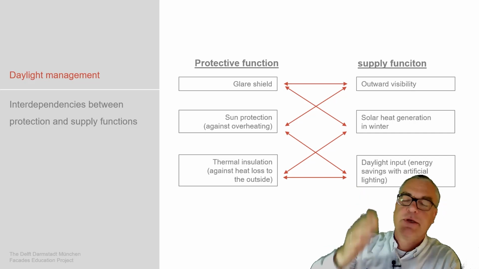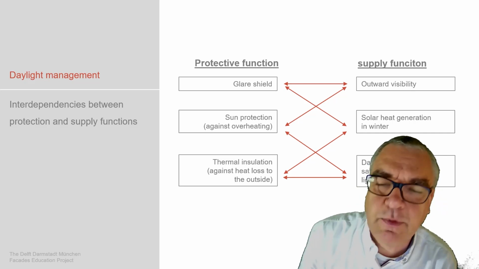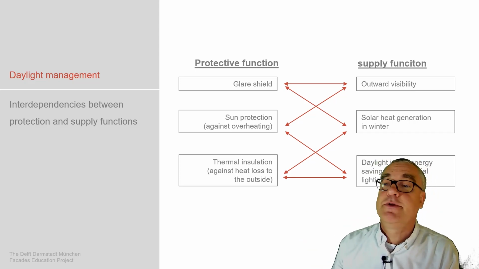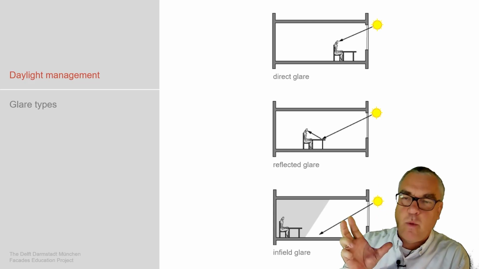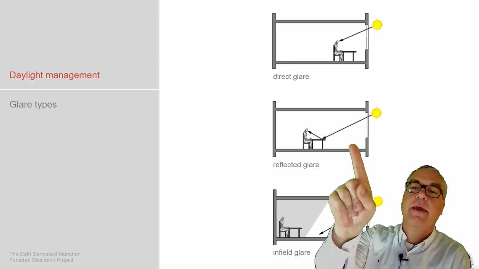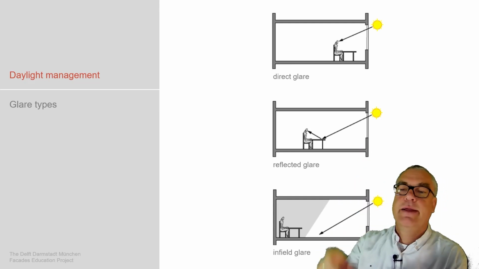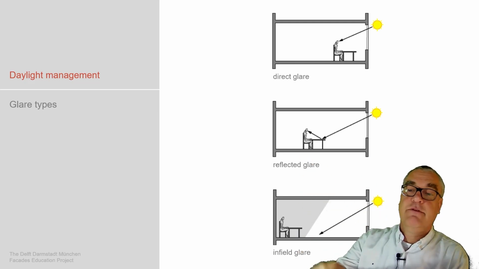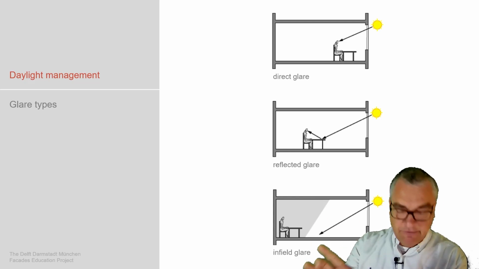So having too much sunscreen means that the daylight is reduced too much, and then we need to switch on the artificial light, which is energy-wise not the smartest solution. System switching, or the way we think about it, is the direct glare, which means the top part. We need to make sure that the person is not getting direct glare. There's reflected glare, which means reflection on a surface, and then the infield glare, which comes from the floor. And the position of the person already shows that this influences the glare.